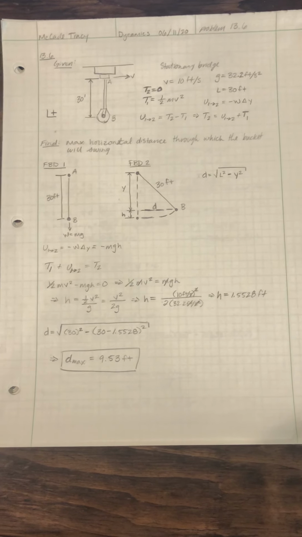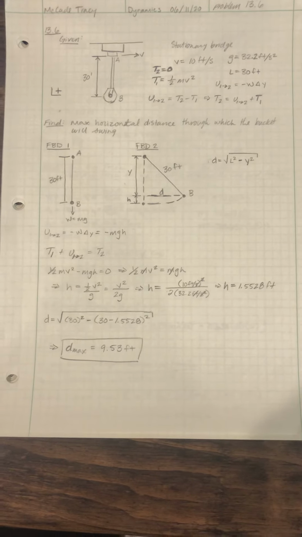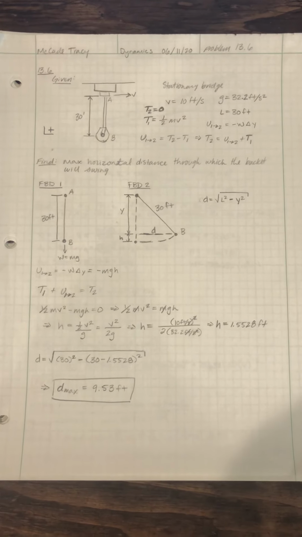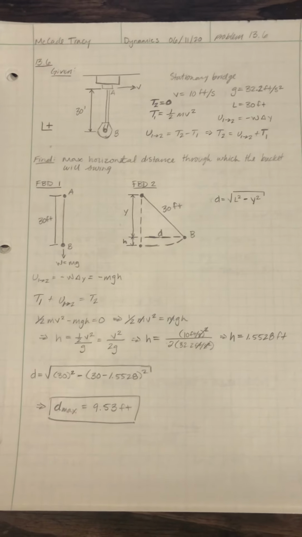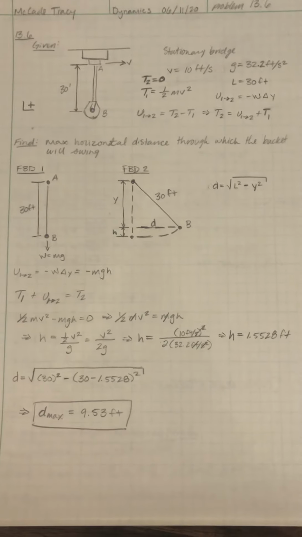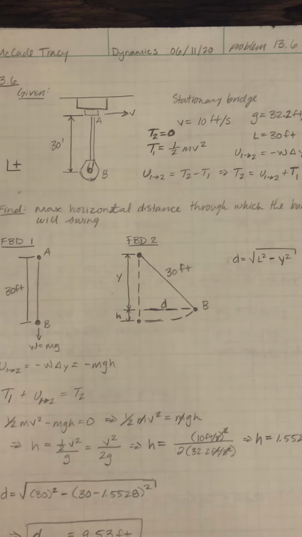All right, here we are again. We've got the particle energy and momentum homework set for dynamics. Here in the first problem, we have a stationary bridge that has a bucket that is extended down